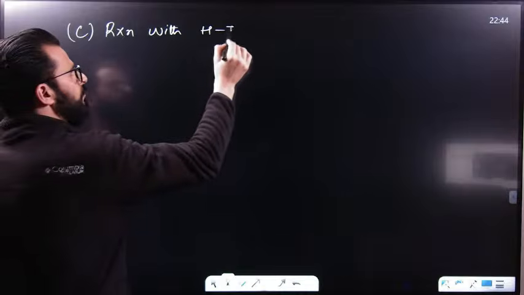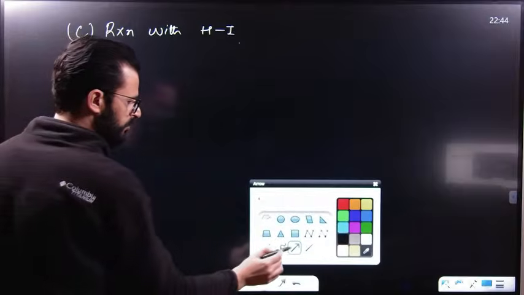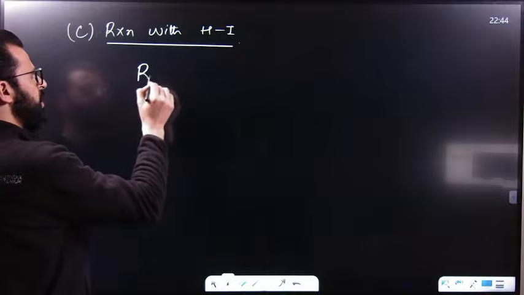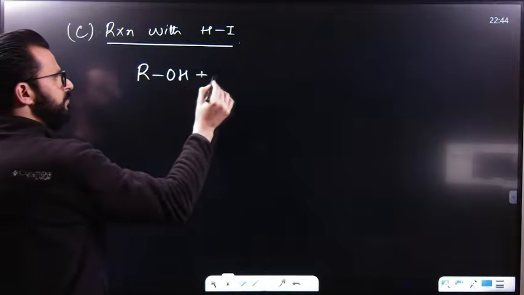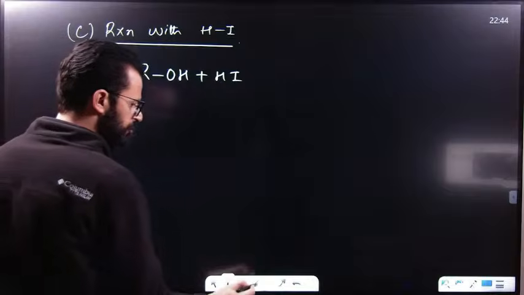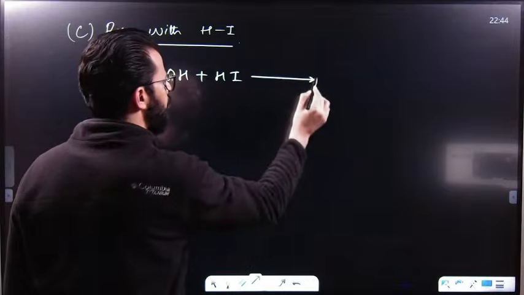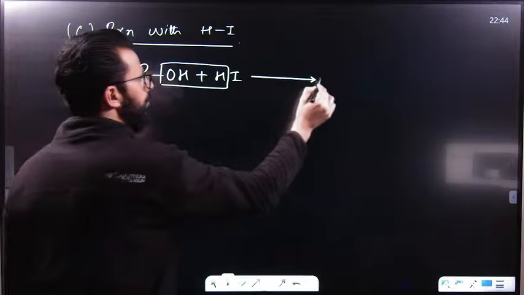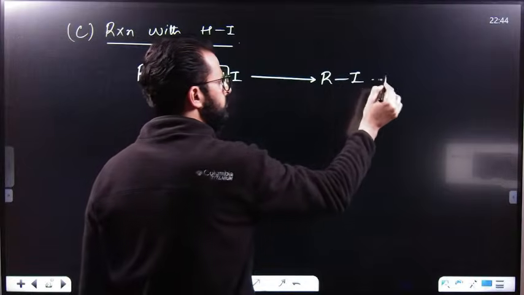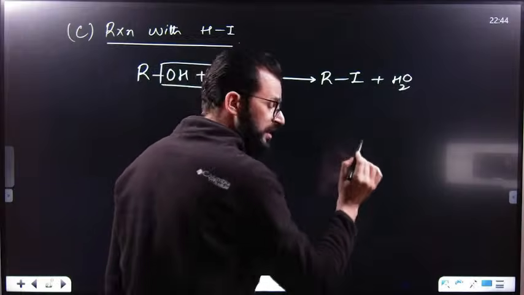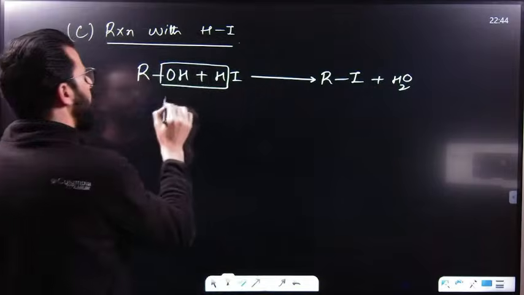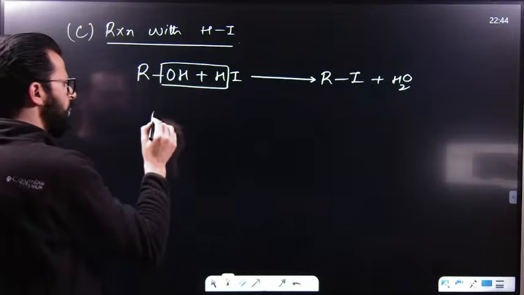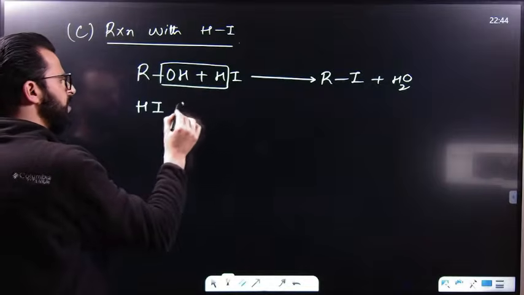Reaction of alcohol with HI. Have a look. When you react alcohol with HI, as HI is very reactive, it will result in the formation of alkyl iodide. The reaction can be SN1 or SN2, depending upon whether the alcohol forms a more stable carbocation or not. Similarly, this HI can also be generated